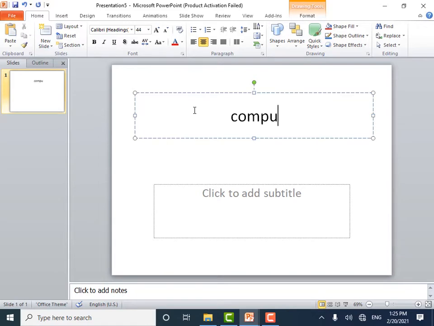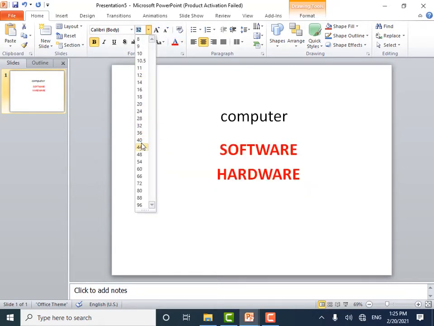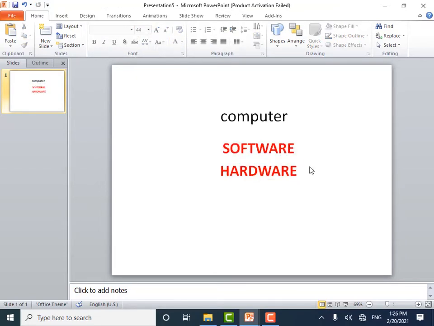I will type computer. Here I will type software. Then I will type hardware. In this way, children, you can add text to a placeholder.